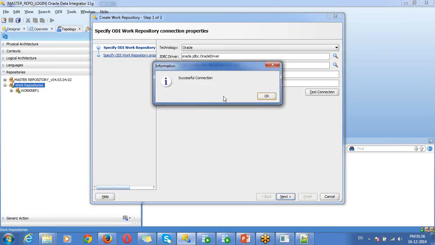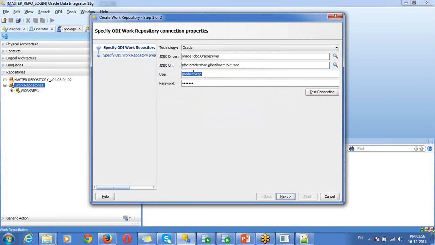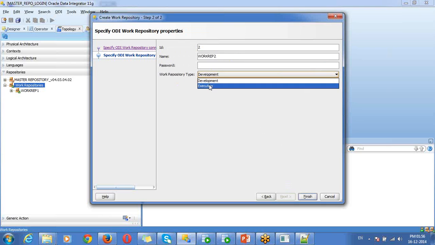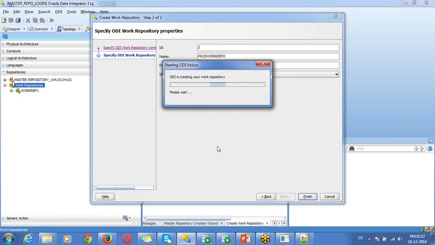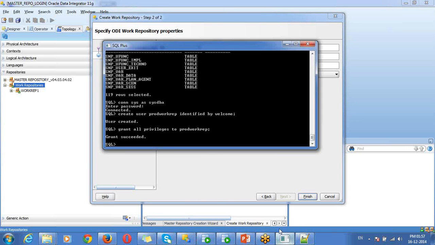Then test connection, successful. I'm going to create a production type work repository, that is execution type. So with a new database user, again a new schema, prod work REP. Click on next, select type as execution, production work repository, type as execution. Click on finish. Now it is creating all your SNP tables again. So again, prod work REP,